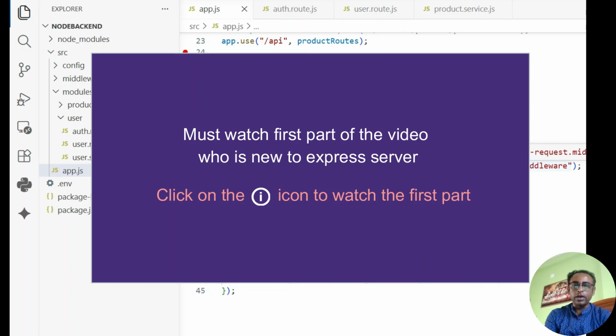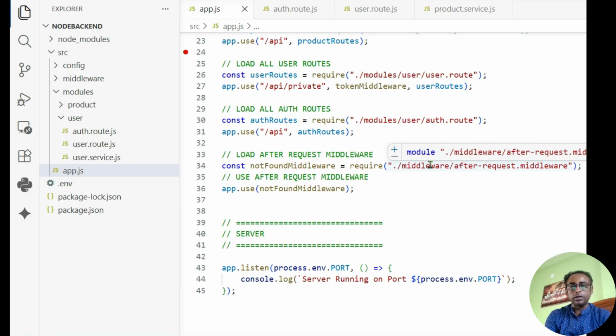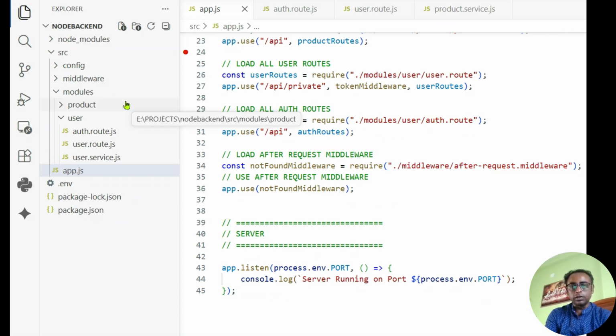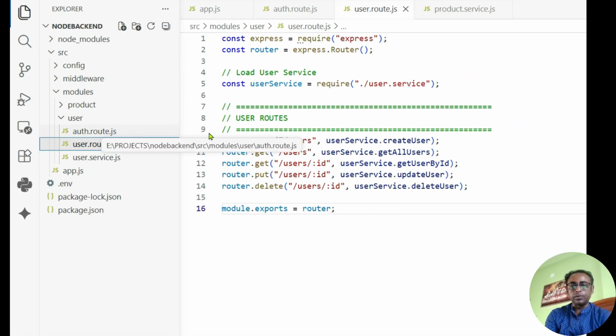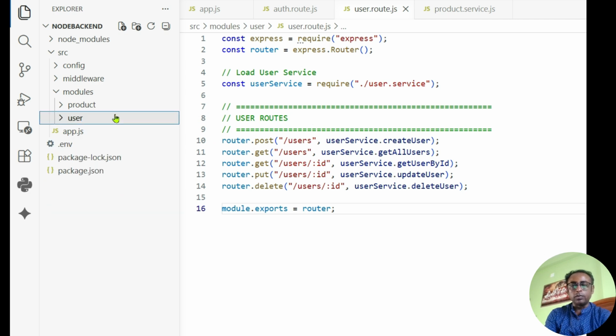In the previous video, we learned how to structure an Express.js project in a basic way. In this video, we are going deeper into structuring an Express.js project. Actually, the structuring of a project depends on its operation and how the code is organized. So for the modules which are associated with a table, we can create multiple routes files for a single module